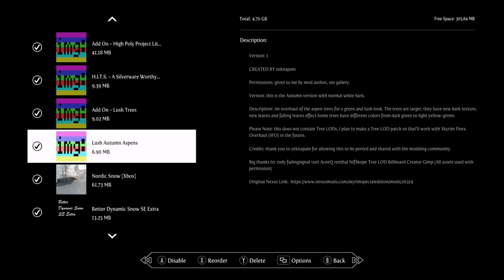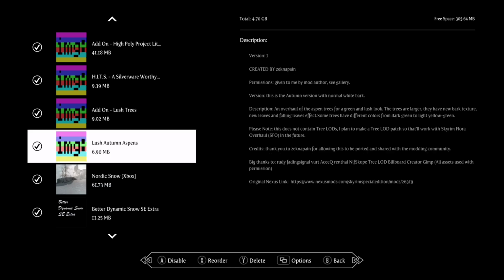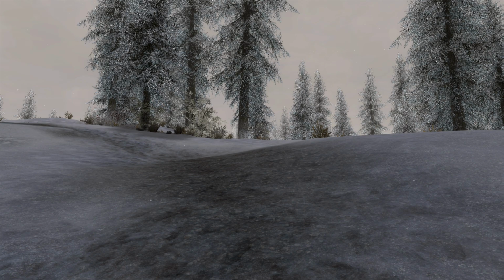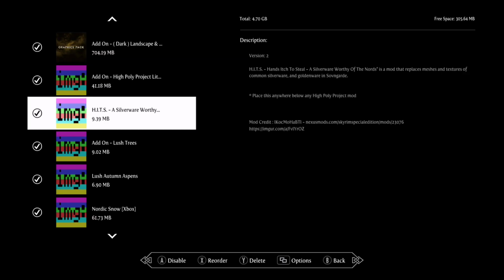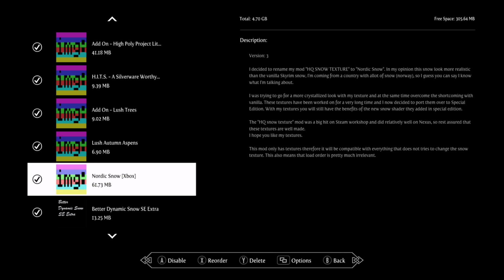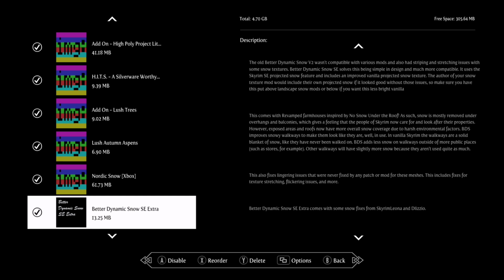And now we get into the thumbnail issue. Lush autumn aspens, which change the color of the trees a little bit. Nordic snow. I'm using Nordic snow, and I believe the add-on here says it does not have a snow replacer. It might actually say somewhere here, oh yeah, snow texture not included. Use this with Nordic snow. So boom, there you go. So I have Nordic snow, better dynamic snow, which I don't think is compatible with Lux, I think it said,